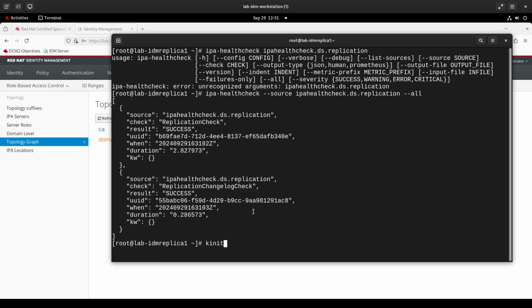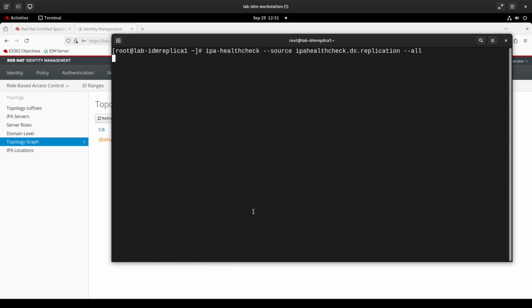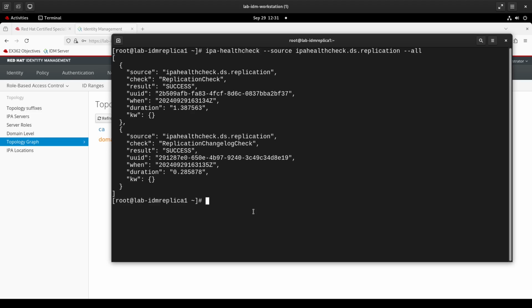There's one other thing that I did want to mention, and I might have to get another ticket since I've logged in as another user. And let's run this again, see if I get different information now that I have a Kerberos ticket. No, it's the same. So I'm not exactly sure what that's telling me, but that'll be something good for me to look at between now and the exam, just to have that in mind. I might make myself some troubleshooting scenarios and break things, and then run ipa-healthcheck to see how